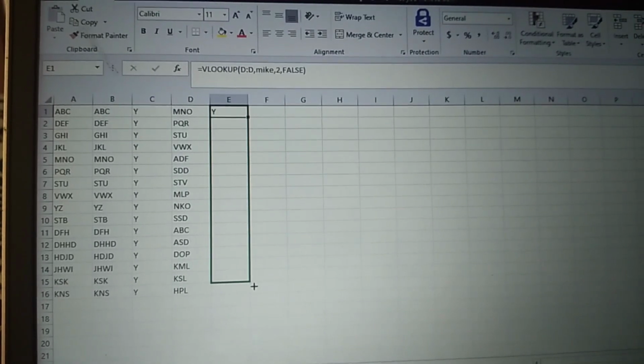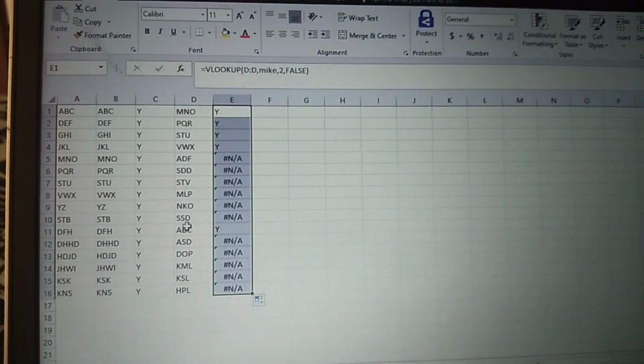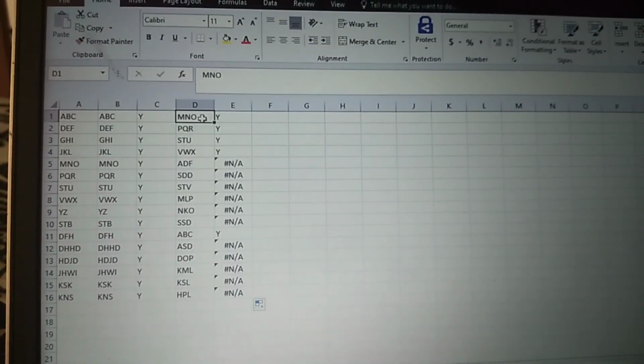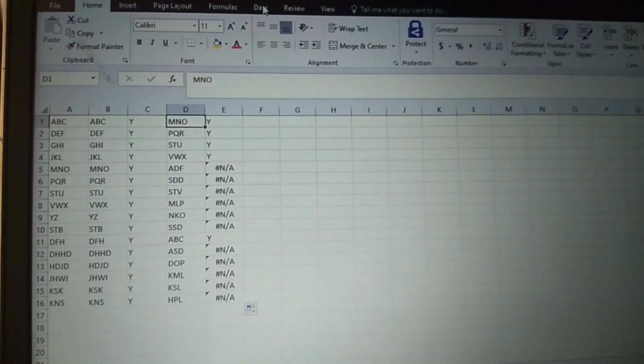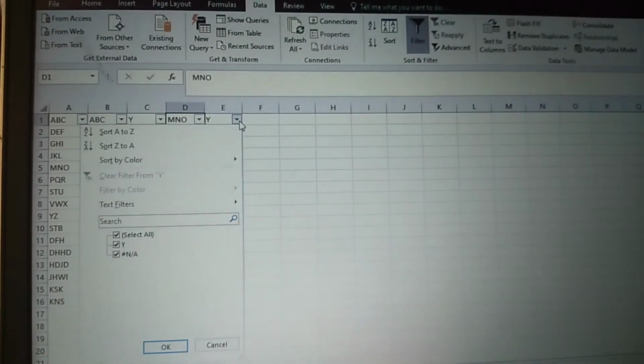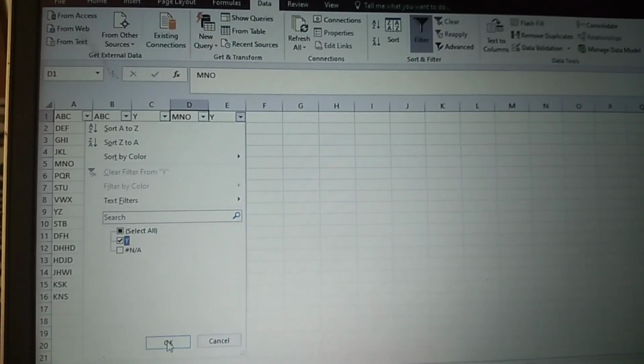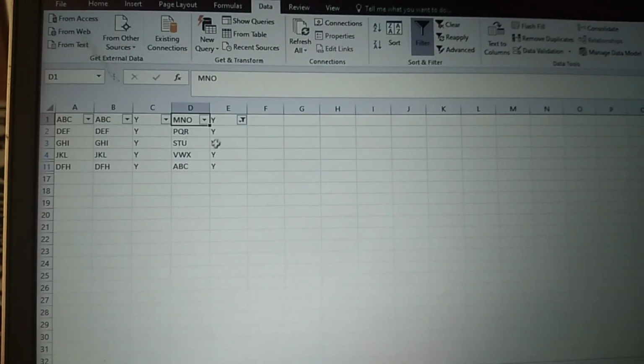Yes, we are done now. So yeah, you can see the result over there, right? As I told you earlier, this column and ABC. So you can also cross check by putting the filter on the column over there, and you can unselect everything and select only the Y option. So here it is, the output.